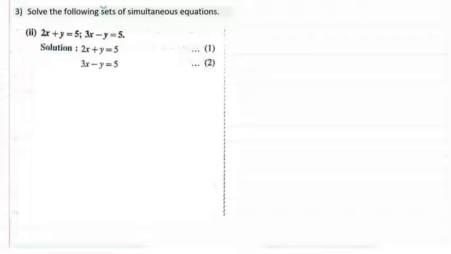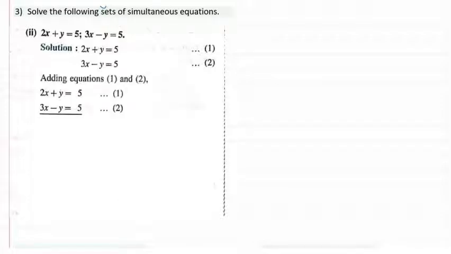That was the first step. Secondly, you need to equate the coefficients. Coefficients means what? Those are the numbers which come before the variable. So here for variable y, it is plus 1 in equation 1 and minus 1 in equation 2. So 1 and 1 is same. So luckily in this sum, the coefficient of variable y is already equated and given. So in that case, we have to directly start with addition.